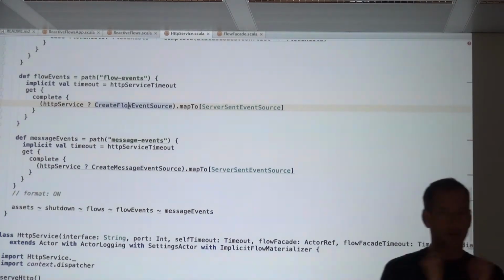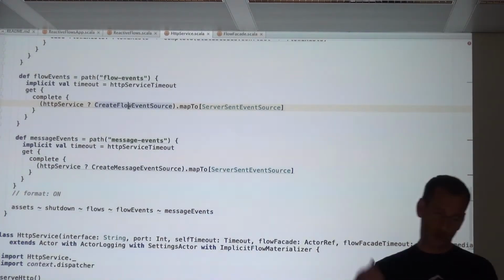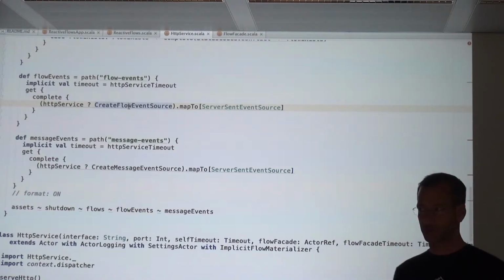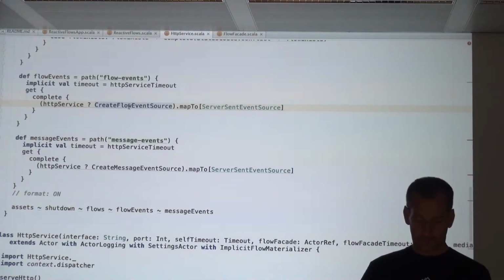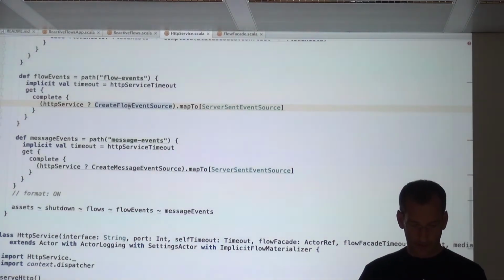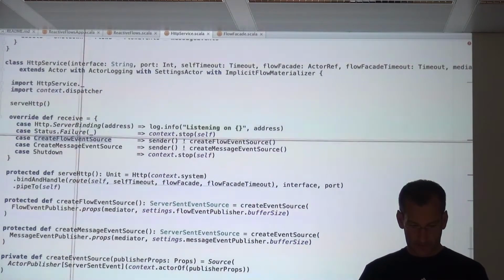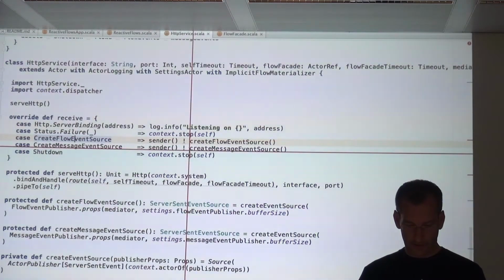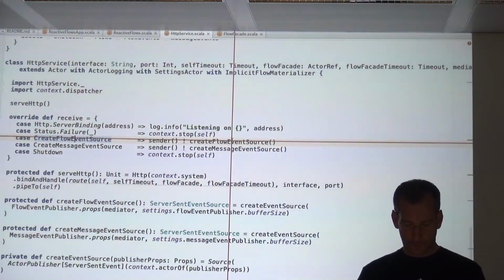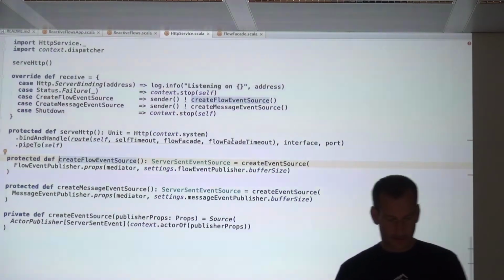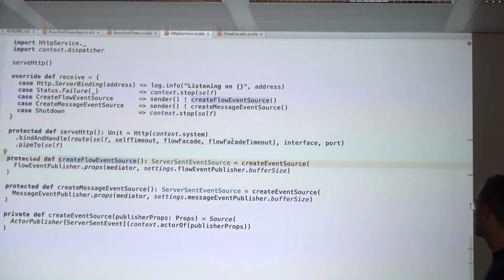So for each browser, we create a source which will send the events to the browser, to the client. And that's it. So how do we do that? For example, here, create event source. It's really simple. Just a couple of lines of code.